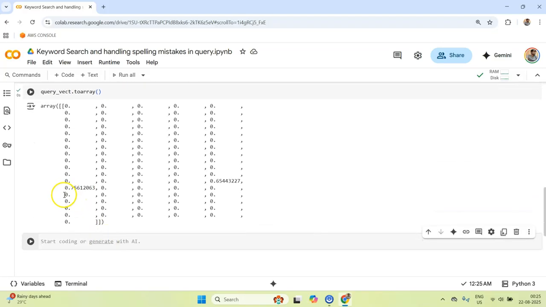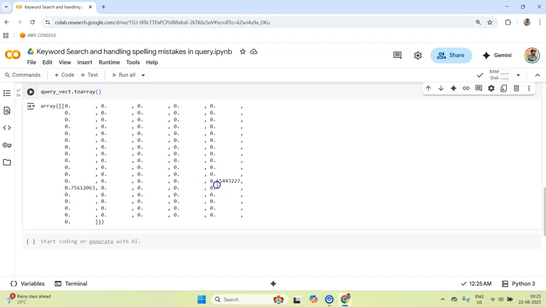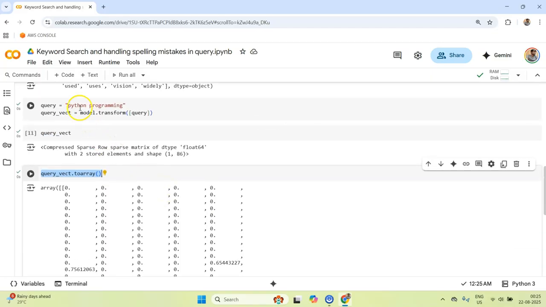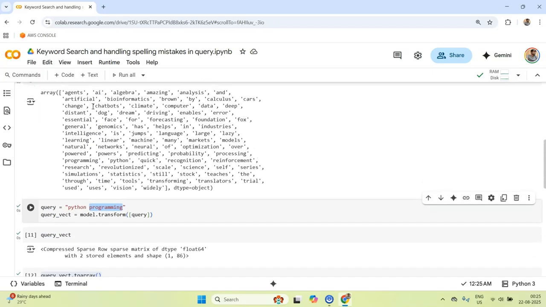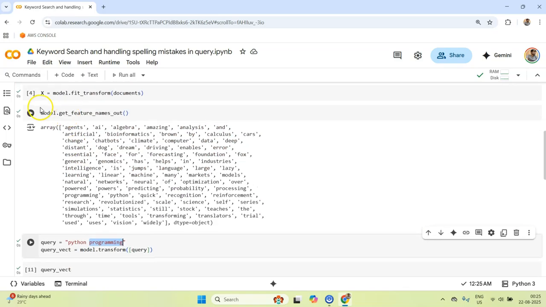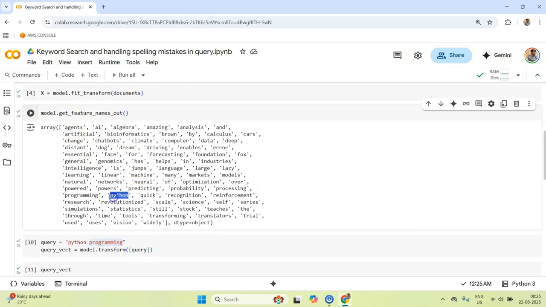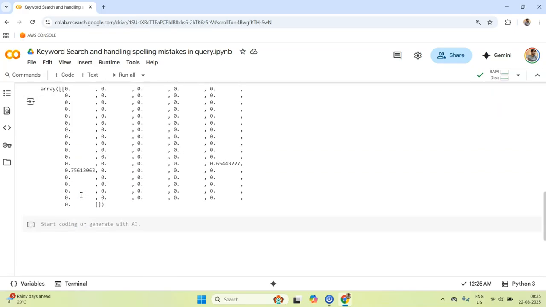You see some of the entries are filled. What are these entries? If you check their index, these entries might be corresponding to Python and programming, because within our features Python must be coming here and then programming must be coming here, right? So Python and programming are coming together.